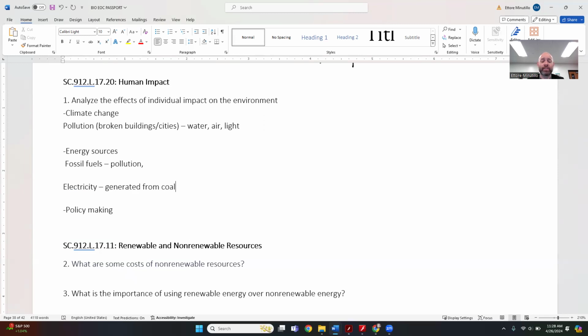There's tax breaks that are given to companies that are making hybrids and other electric vehicles. So there's a lot of that kind of stuff to try to support the use of things like that. There are some policies in place that have to do with things like solar power, wind power, and water power, and trying to make those more accessible or common in areas. There's also some negative stuff with that too.